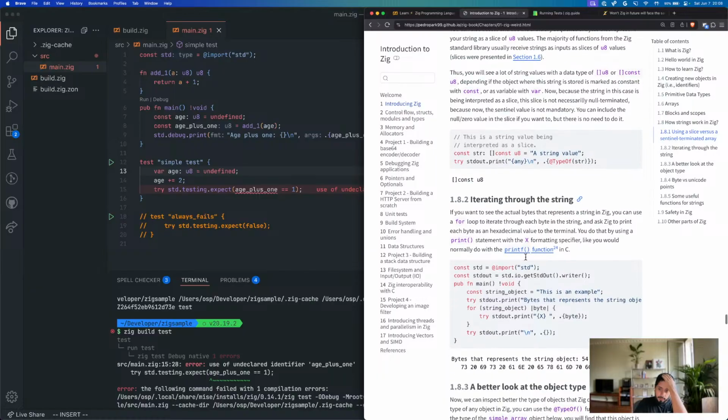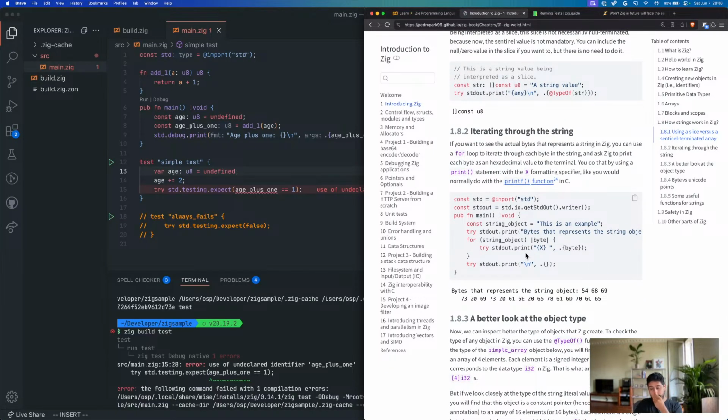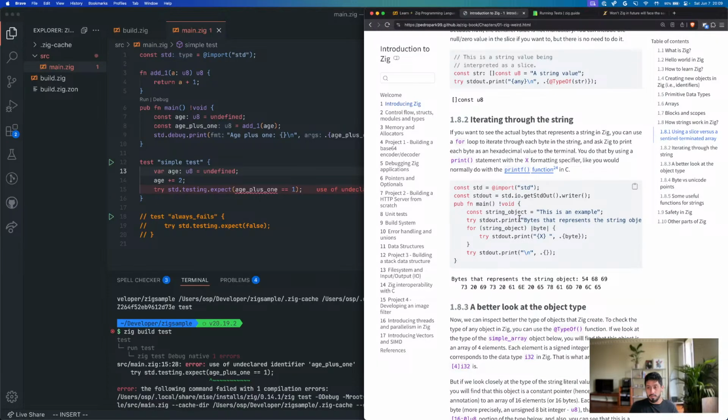Iterating through the string. If you want to see the actual bytes, you can use a for loop. Each byte is printed as a hexadecimal value to the terminal. Print statements. Okay, so